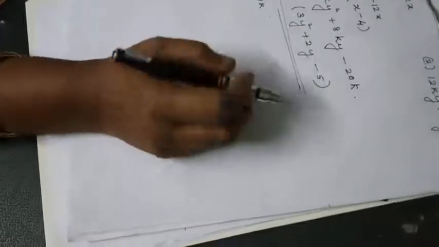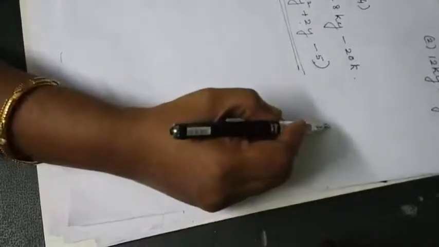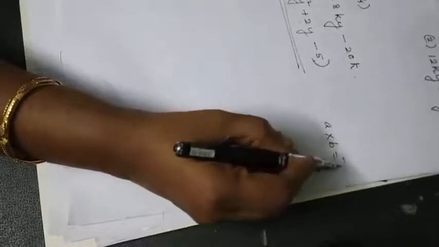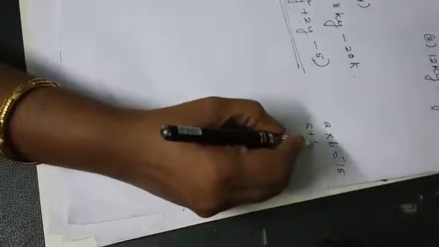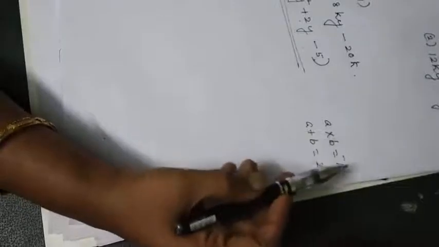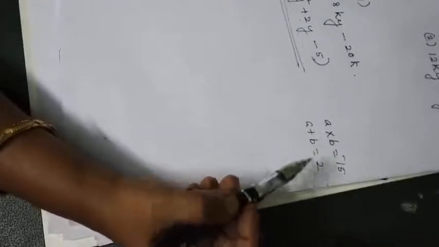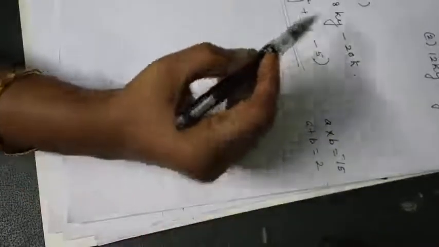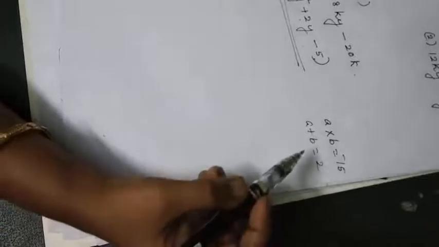Let us factorize this one so that you will get 2 more expressions. So multiplication should be negative 15, addition should be 2. So you have to select 2 numbers whose multiplication is negative 15 and addition is 2. What are the numbers you will select? 5 and 3 itself. 5 into 3 is 15. 5 minus 3, 2 you will get, and that 5 will be positive because the middle term is positive, and 3 will be negative.